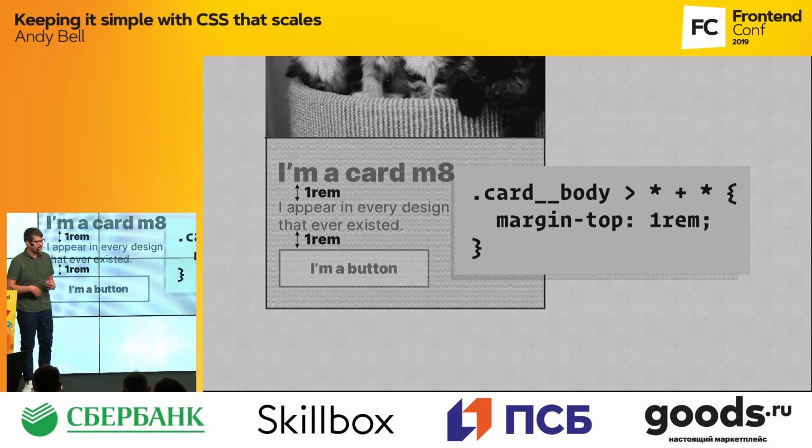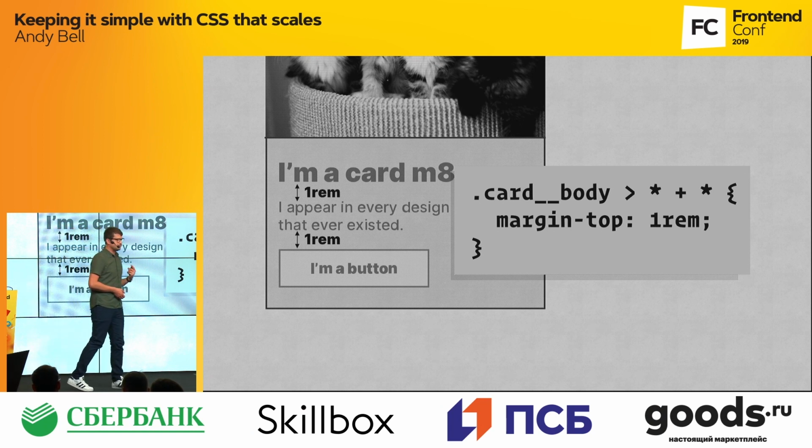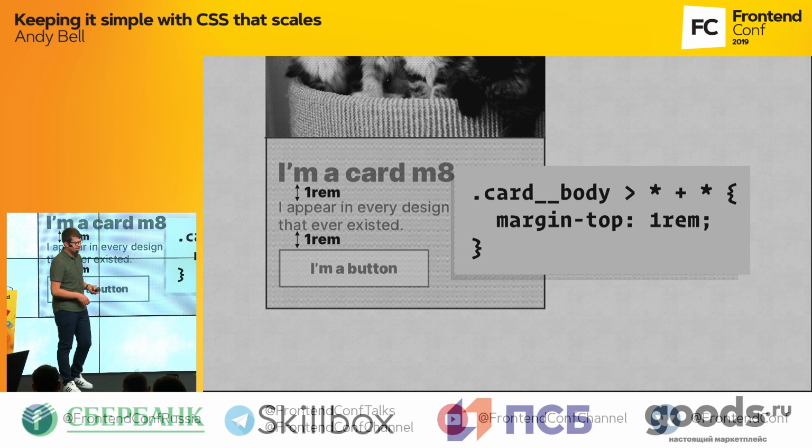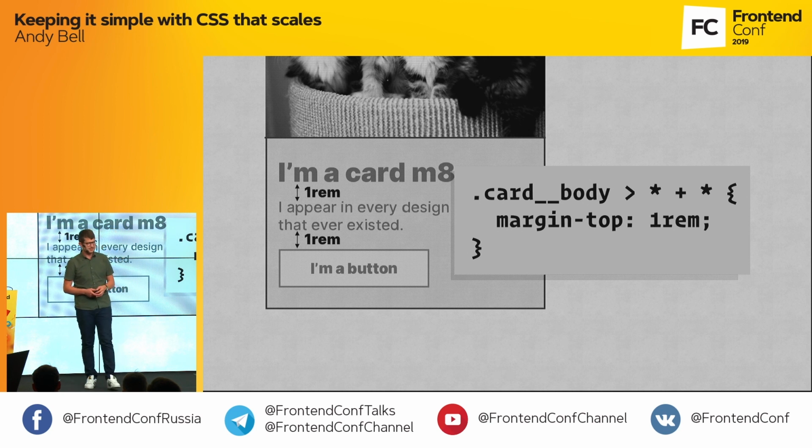So, inside the elements themselves, I try to write as little CSS as possible and try to keep the specific nature of stuff in there. So inside a card, for example, inside the card body element, I don't actually know what content's going to be in there at any given time. So I need to write CSS that's going to support any type of content.